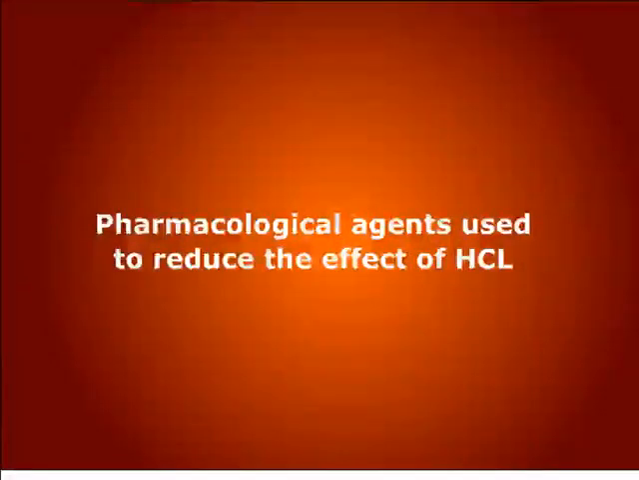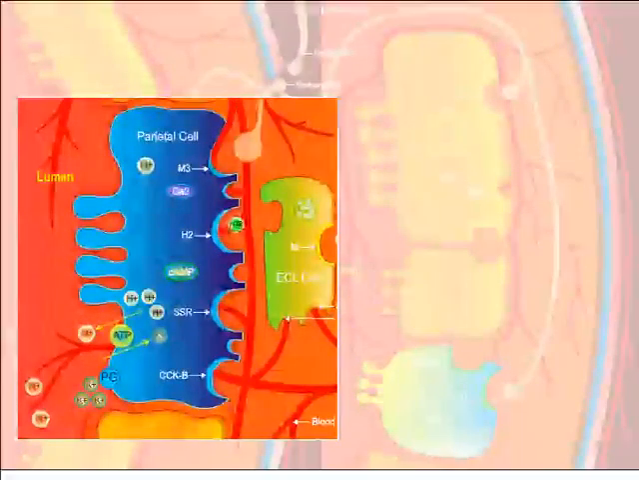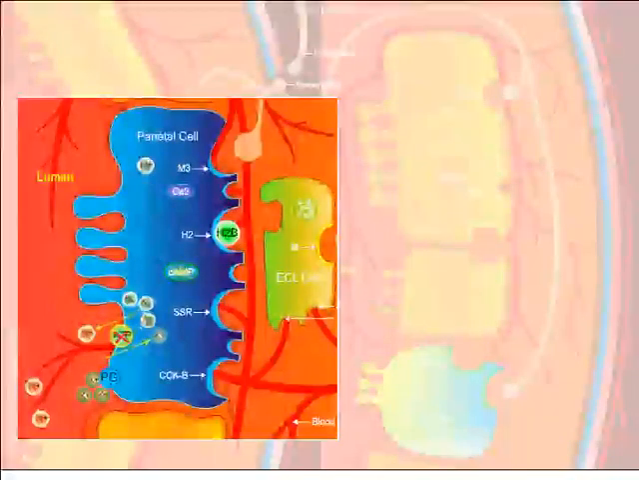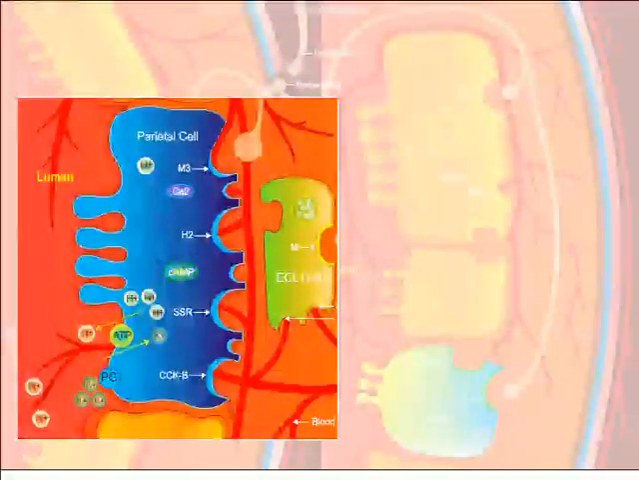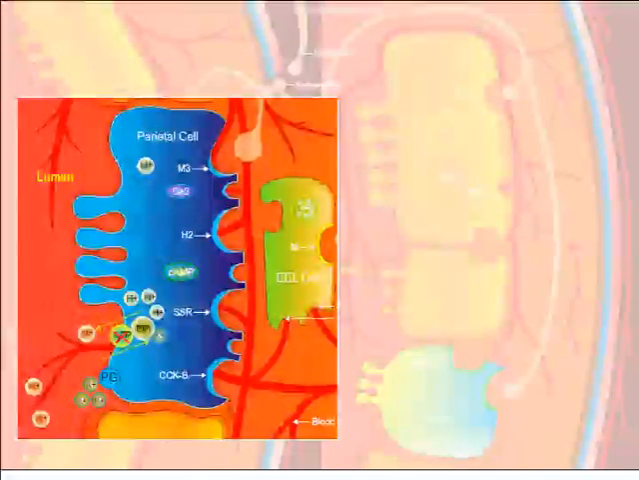Let's now review the pharmacological agents used to reduce the effects of hydrochloric acid. H2 receptor blockers, such as cimetidine and ranitidine, reduce acid secretion by preventing histamine from binding to H2 receptors on parietal cells. Proton pump inhibitors, or PPIs, such as omeprazole, block hydrogen-potassium ATPase, or the proton pump, thus inhibiting the